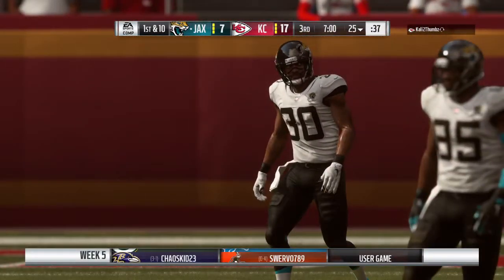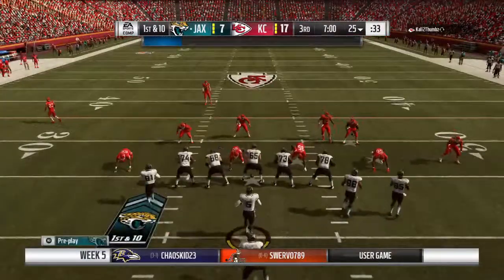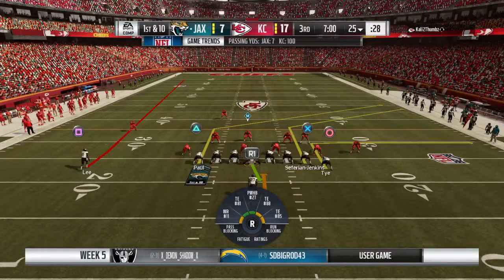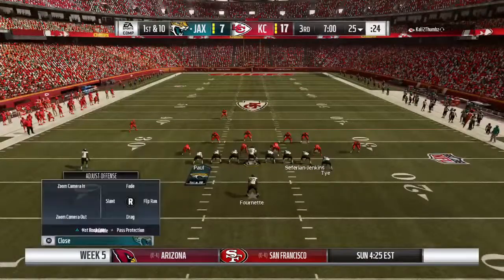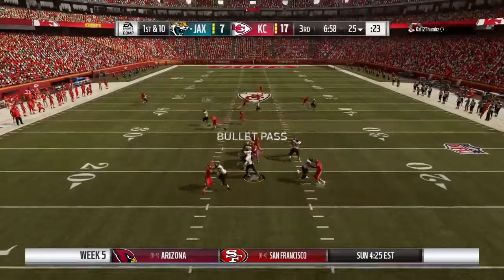And I never want to make something more important than it actually is, right? I don't want to create more hype than what is there. But this is, I'm doing it, though. This is a really important drive. And we often talk about teams scripting plays to start a game. A lot of them script to start the second half, too. And they're scripting something that they expect to get them into the...